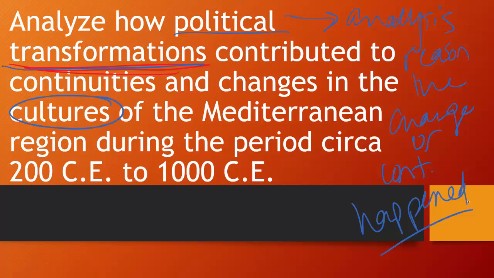So what you do not want to do in this essay is just write an essay giving me all of the changes and continuities in culture from this time period, or giving me an essay that only talks about changes in governments and political transformations during this time period. So it has to be, what are the changes in politics and how is that contributing to changes and continuities in cultures? So make sure you make that distinction. All right, so let's go through some of the pieces of evidence that you're going to need or you might want to consider using. Now, this is not an exhaustive list.